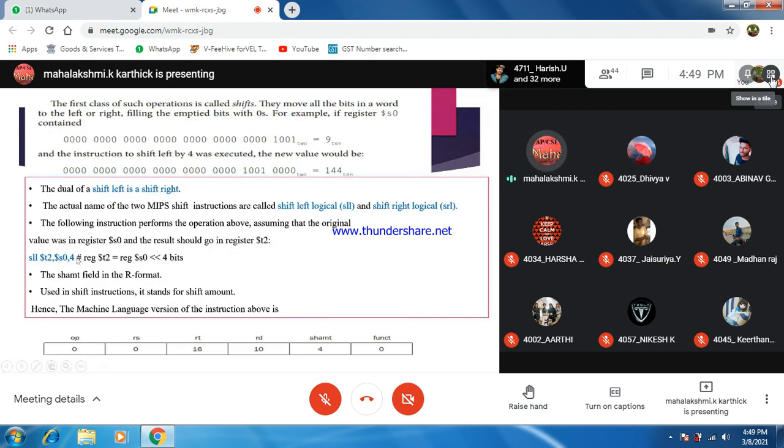Some constants will surely be mentioned, because a shift left of some bits will normally be given. If the shift amount has to be placed in the instruction format, it is only through R format. After placing the R format values, you can easily convert into machine code.